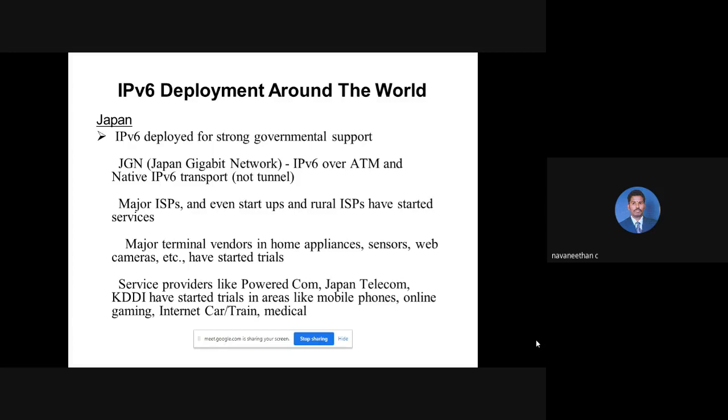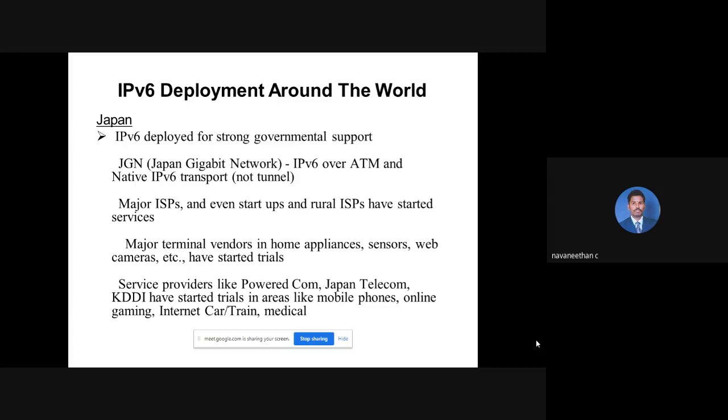They are using this with respect to all its applications, not only in ATM, not only with respect to all those modes. Basically, here we have two different types of mode: transport mode and tunnel mode. Transport mode, what do you mean by that? I mean the difference between transport mode and tunnel mode. If you are attending your classes in college, then that is the best example for transport mode. If you are attending your class online, then that is an example for tunnel mode. I think this example may be very clear. Most of the applications, like telecom, then other things like mobile phones, online gaming, everything they have deployed.